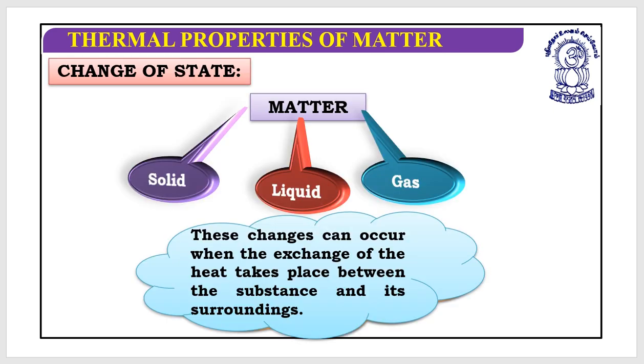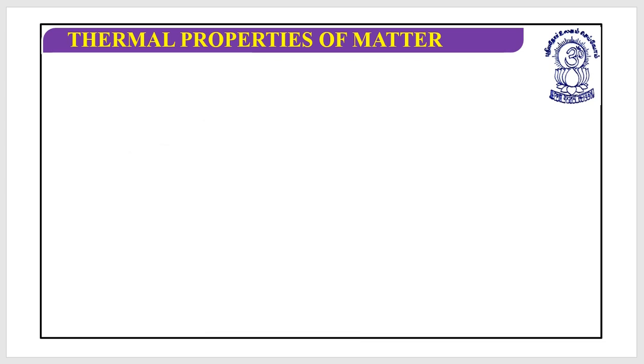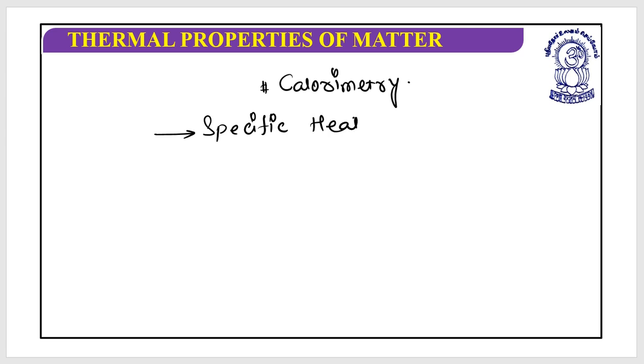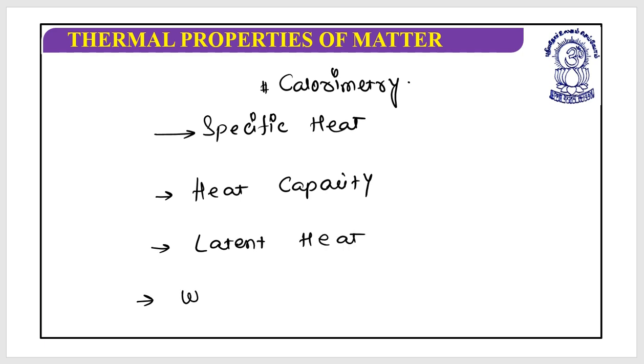It's a change of state. So you might get confused about why we are learning all this, so let's have an outline. Basically we are working on calorimetry, but to understand calorimetry we need a little idea of certain terms. One is specific heat, another is heat capacity, another is latent heat, and another is